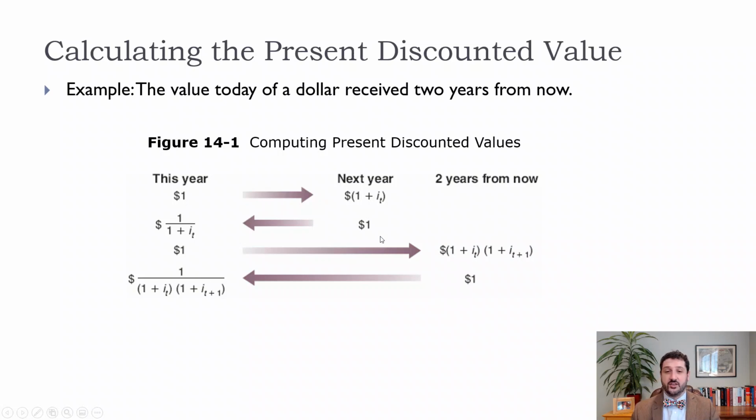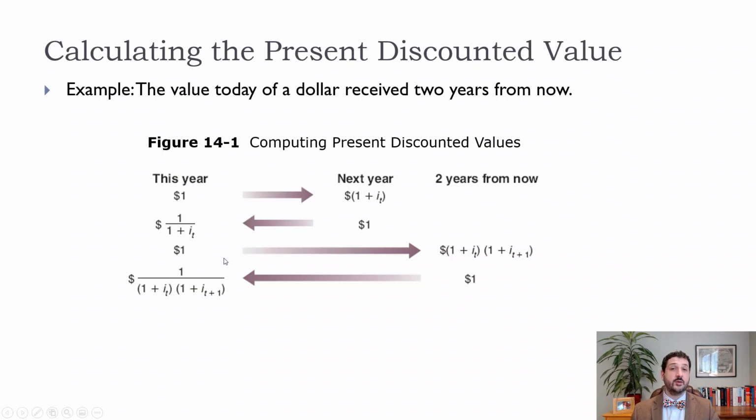Similarly, if we wanted to think about, well, what's the value of $1 next year today? Well, then we have to reduce it by that discounted value, right? Because we could take some amount less than $1, put it into that savings account or that bond, and have $1 next year. And so in this case, we divide by 1 plus i_t, right? That's what we call the discount factor, that 1 over 1 plus i_t.